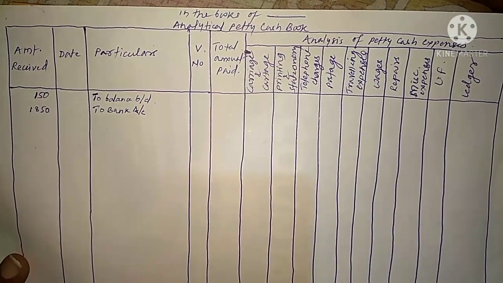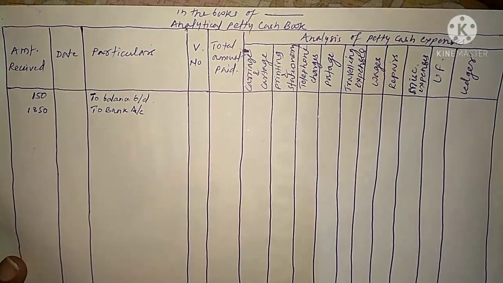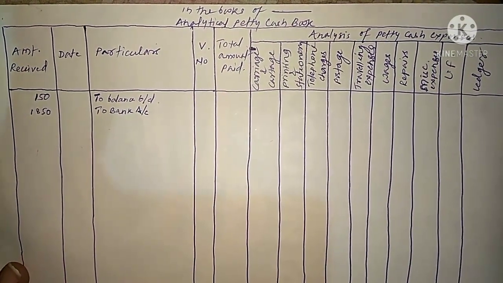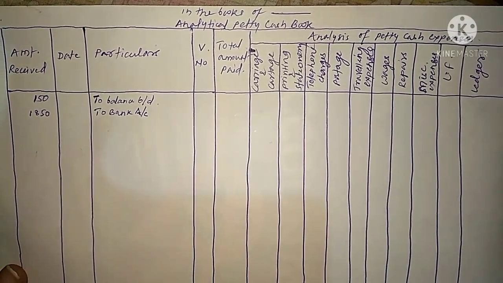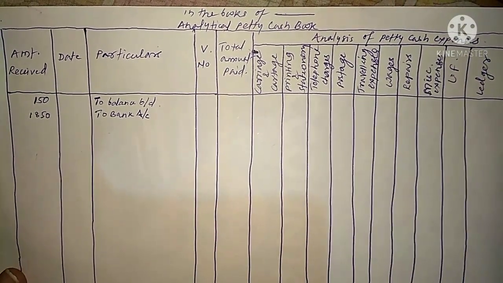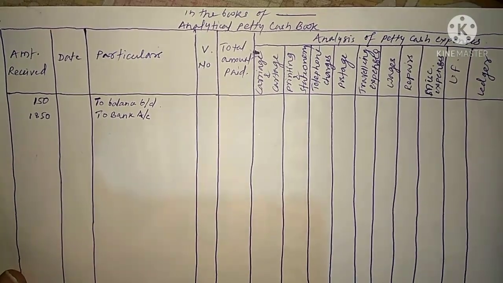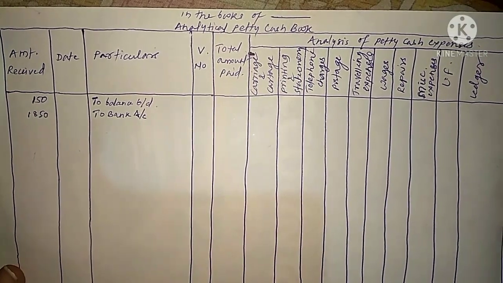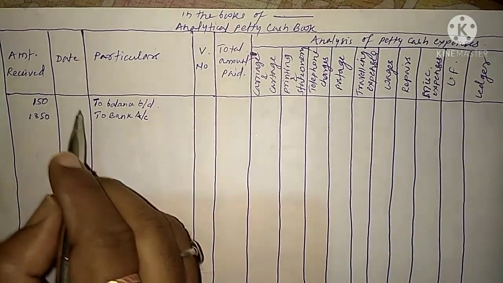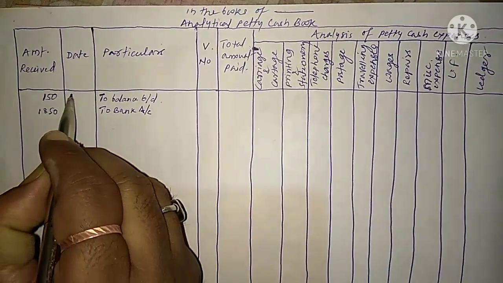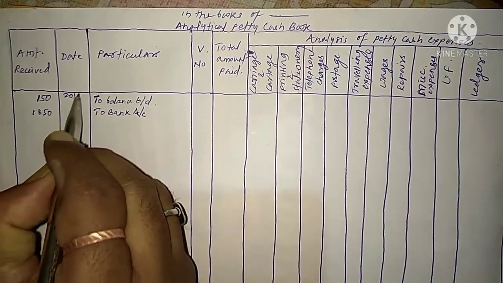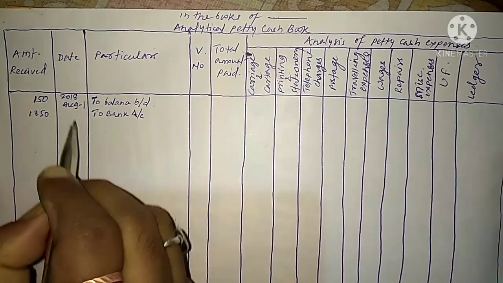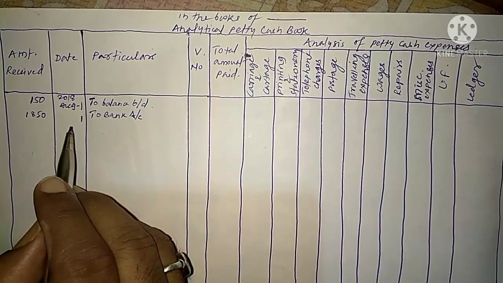And then afterward the transaction on 5th August, that is paid for carriage rupees 18 and envelopes rupees 65. So in this transaction, two different expenses are given. The first is cartage and the next is the envelope. So for both we have to write the date here, 2018, August 1st, this is 1st, and then this is 5th.